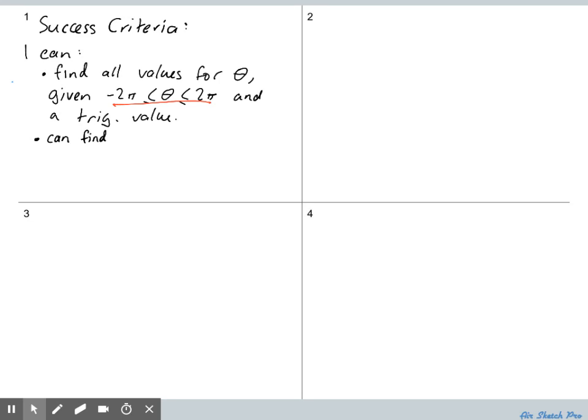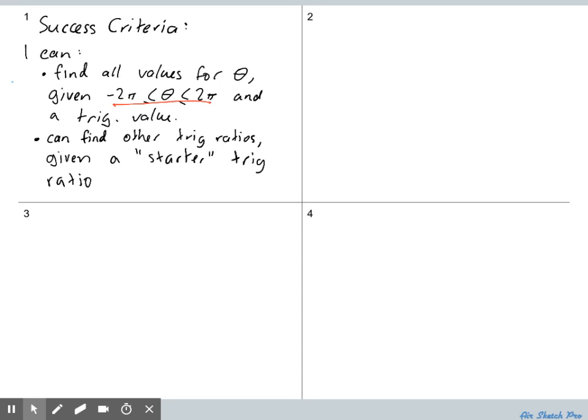you can find, I don't know how to put this succinctly, but you can find other trig ratios given a starter trig ratio. And I'm just going to pause there for a second and say that typically what I find